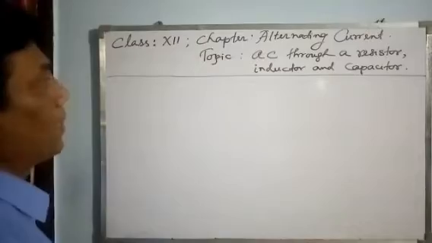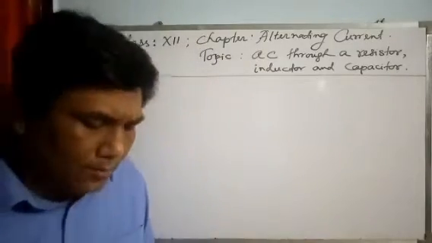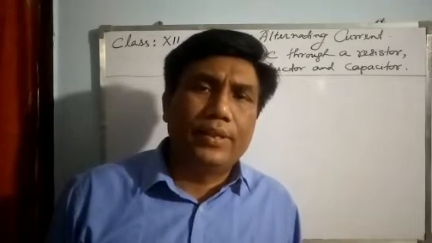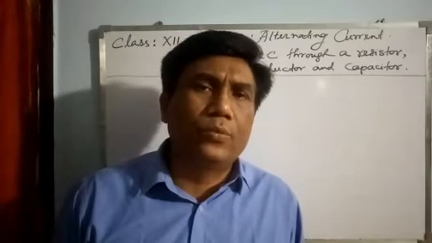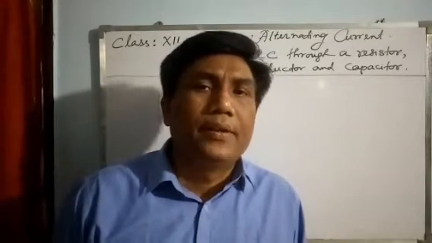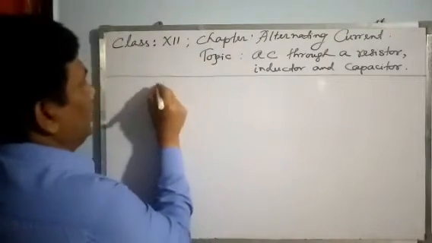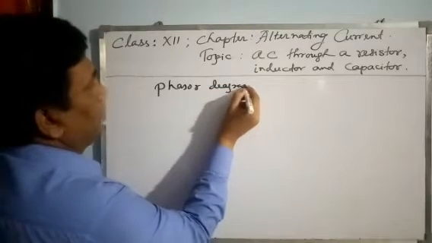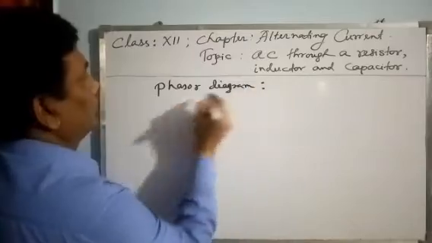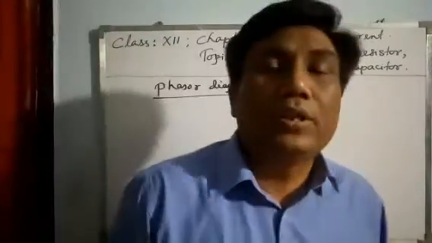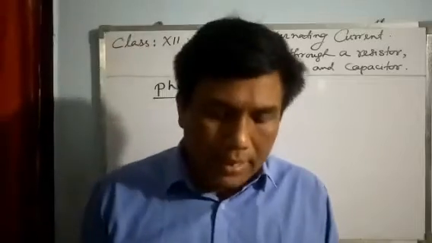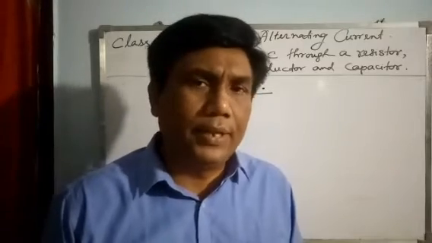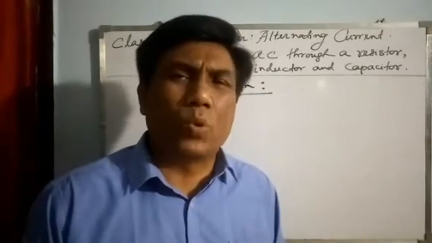Good. One more thing, guys, we should understand one concept here, called the phasor diagram. I think in class 11, in the simple harmonic motion chapter, you have studied the phasor diagram, because that will be of use here. If you are not getting it well now, you should better see the videos on the phasor diagram in class 11 simple harmonic motion. It is just a representative diagram of rotating vectors.